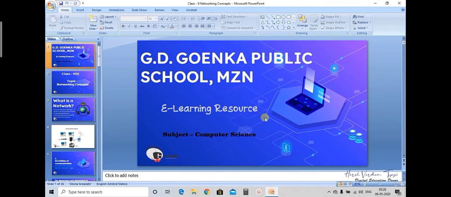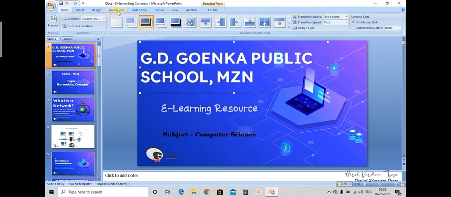For example, first I will select this particular text. By clicking here, you will find a border around it. This is called a placeholder when it is with a dotted or hashed line. Click on this line, and it will become a uniform, single line. Then you go to the animations tab.